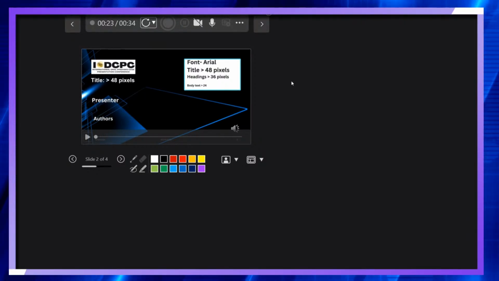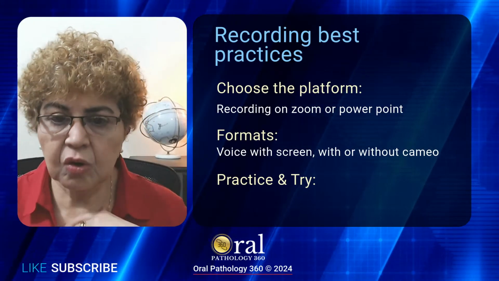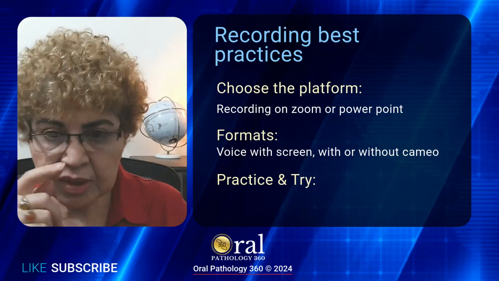And actually, PowerPoint gives you an option, not on this page, now I'm in the wrong page of this, but it gives you an option to actually just re-record only one single page or one single slide, which is a very good thing, because then you don't have to do everything together. And once you are done, you have to just go back to the main page of PowerPoint, or to the main file, and say record.